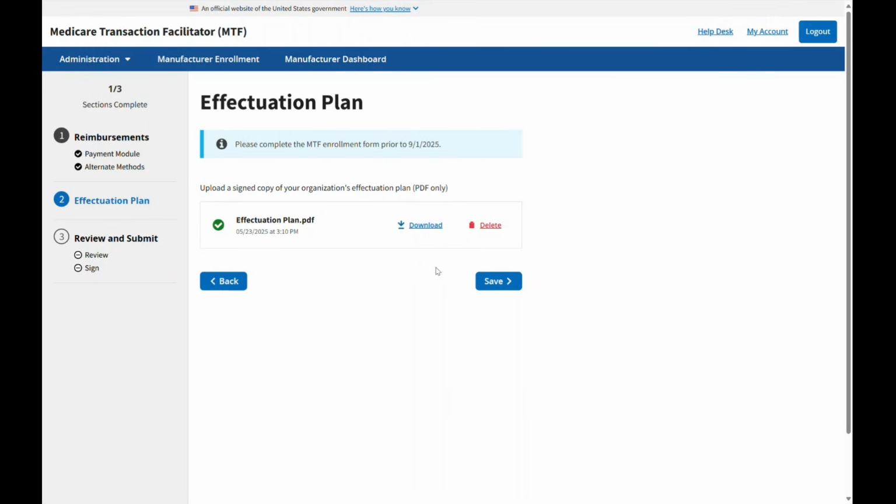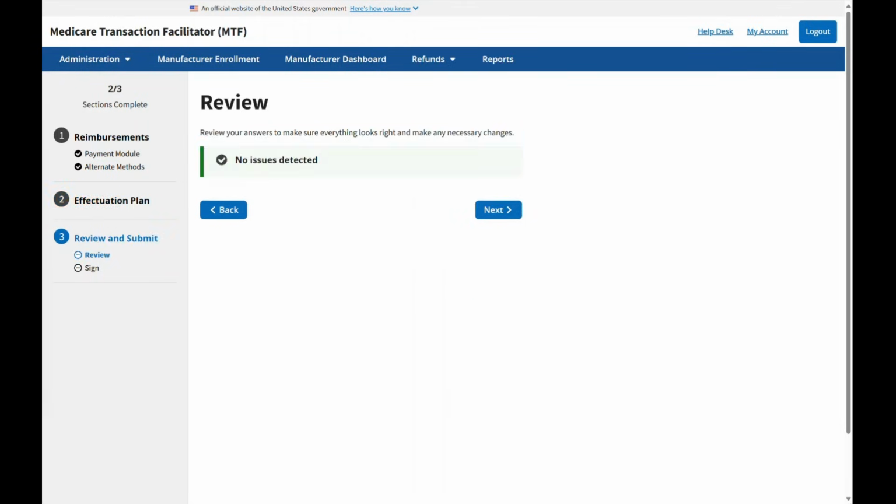Once you are done, click Save and you will move to the next section. Section 3 of Manufacturer Enrollment is Review and Submit. Upon entering Section 3, the system performs a check to ensure all information has been provided. If the system detects any issues, they will be displayed on the screen. There were no issues detected in this enrollment form, so you can click Next.